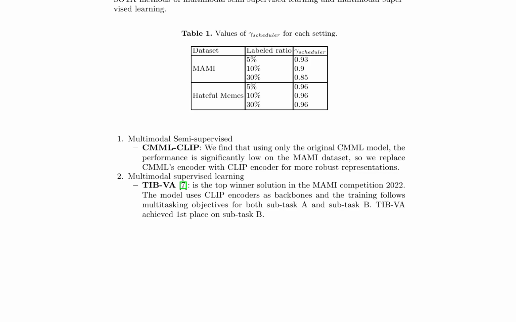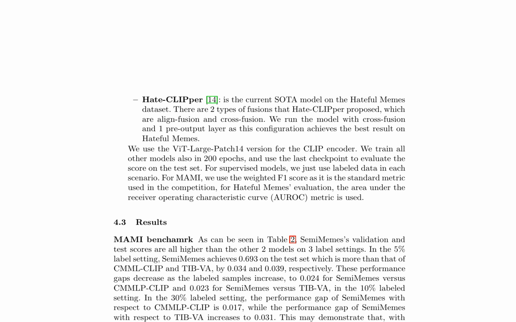In the experimental setting, the authors create labeled and unlabeled sets for training, with varying proportions of labeled data, 5%, 10%, and 30%. The Adam optimizer is used with an initial learning rate of 1e-4, and the learning rate is reduced after each epoch using a step LR scheduler with different gamma values for each scenario. The authors compare SemiMemes to several baselines, including